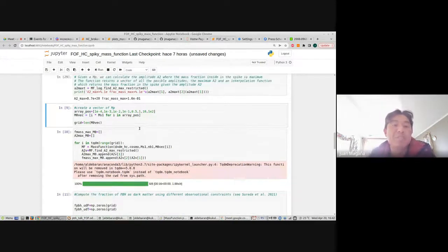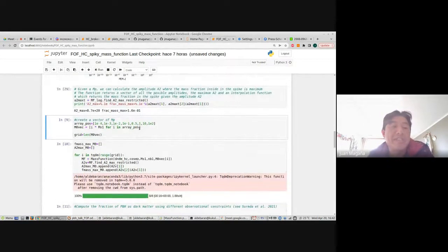And also, for this configuration, I can create an array of the position of the peak in this extended mass distribution. For example, here, just for example, I put a position for the peak with respect to the characteristic mass M star.